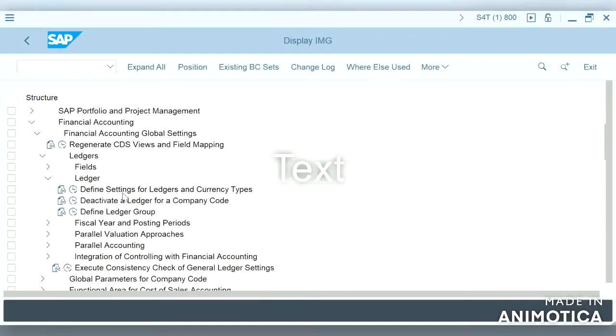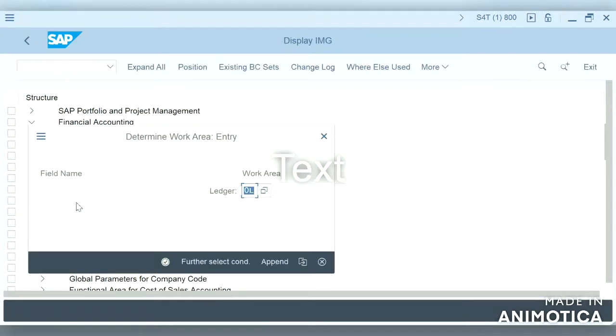So after defining settings for ledgers and currency types, we have one more option where we can deactivate a ledger for a particular company code. We can say that only for this year we have to use this.